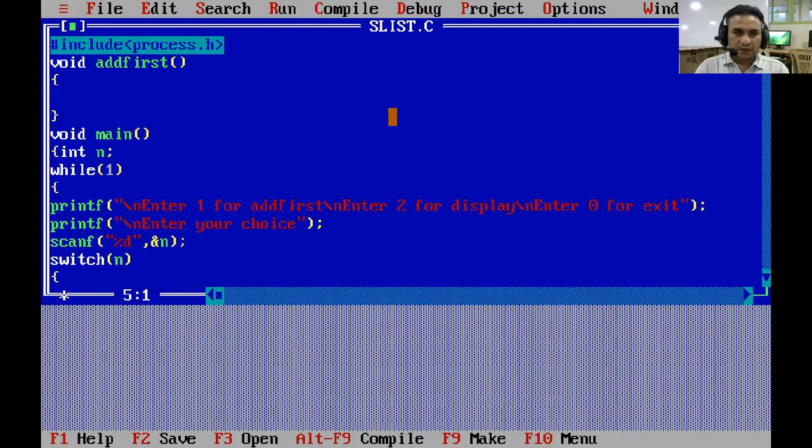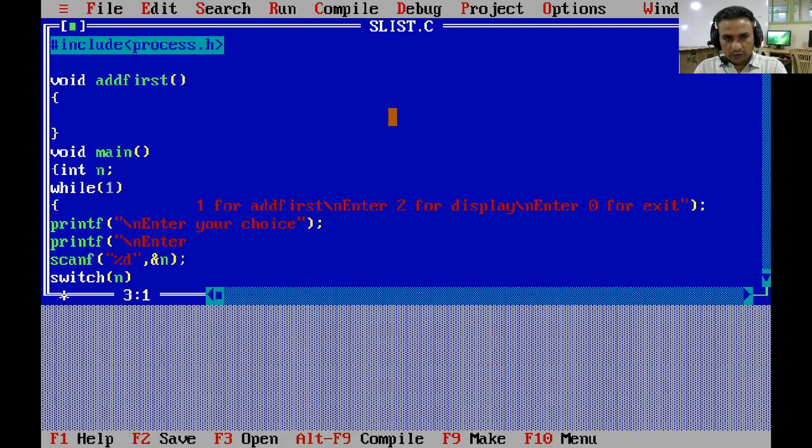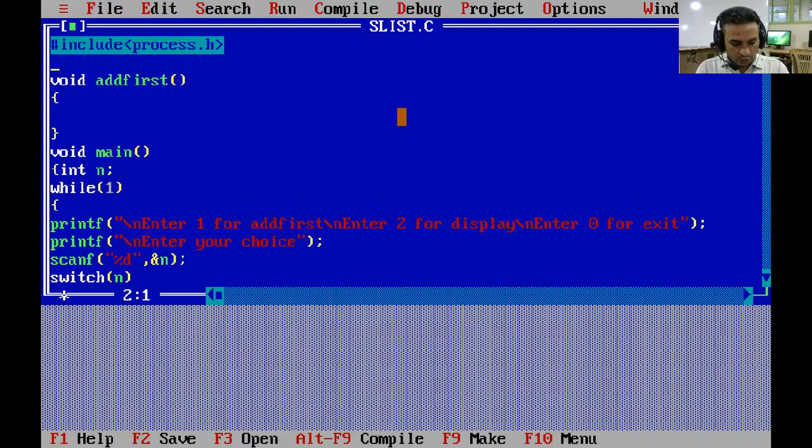In add first function, we have to create a node and set data into the node, and after that we have to add it at the first position. So we have to declare a node here, and node is a variable of type structure.